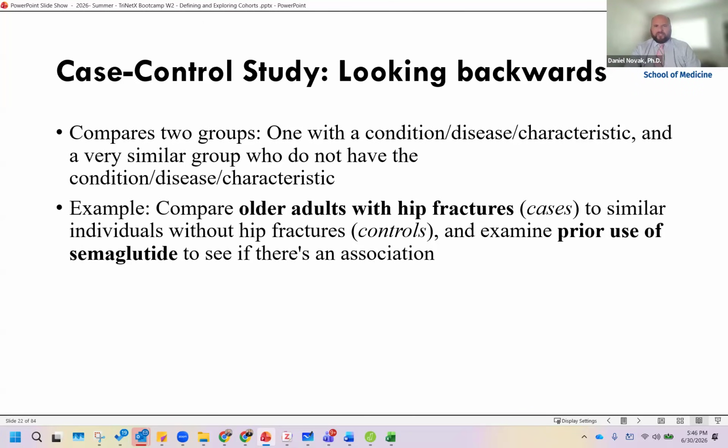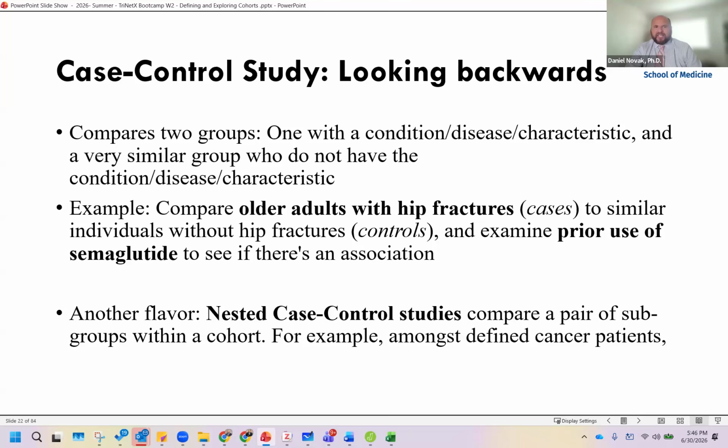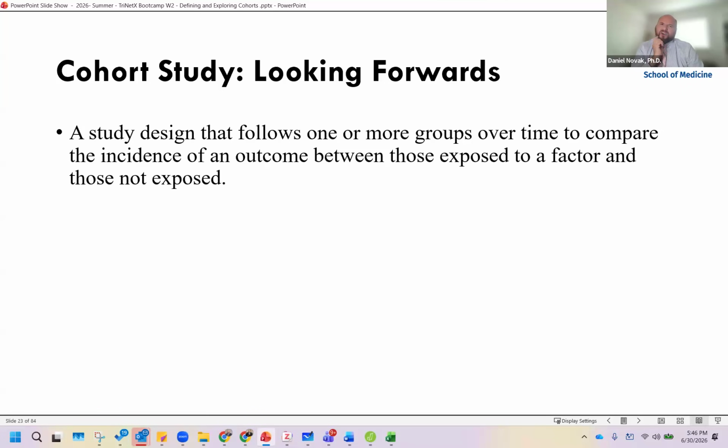Elderly populations, about whether semaglutide and GLP-1s can cause this. So what we can do is look backwards from the people who have developed those fractures to see if there are differences in rates of use of semaglutide. You can have nested case controls where you compare a pair of subgroups within a cohort, for example, amongst defined cancer patients. So cohort studies look, as I mentioned earlier, they look forward, Back to the Future too,